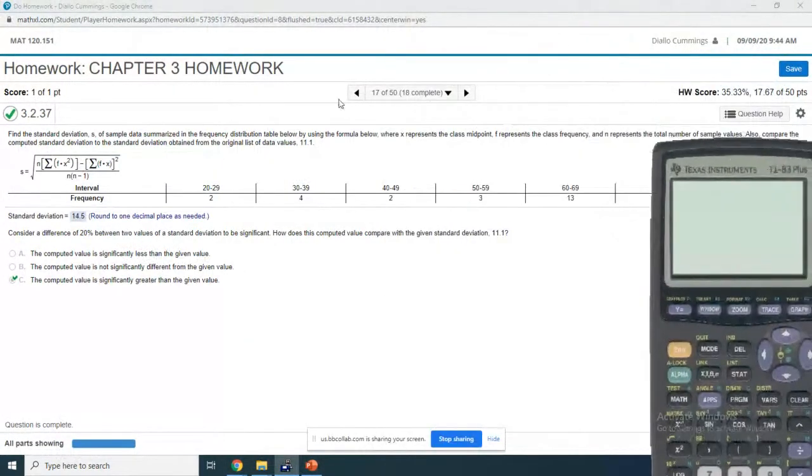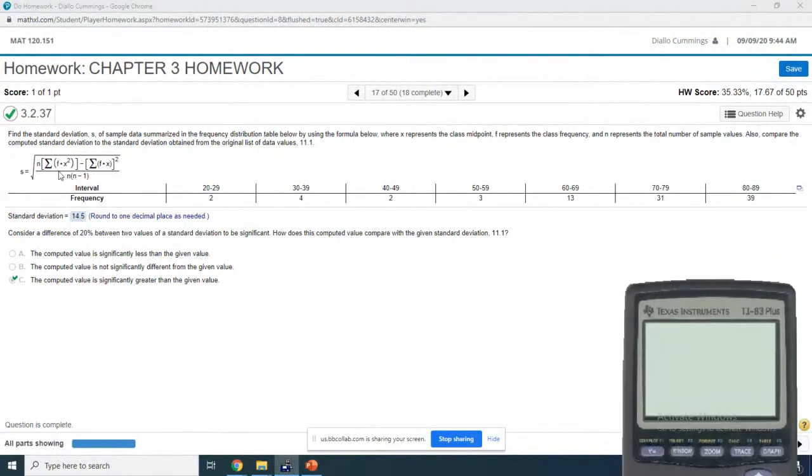So in this example, we're given a frequency distribution. We're also given a formula. Now notice this formula is a little bit different than the formula for the standard deviation of a data set. If you're dealing with a frequency distribution,